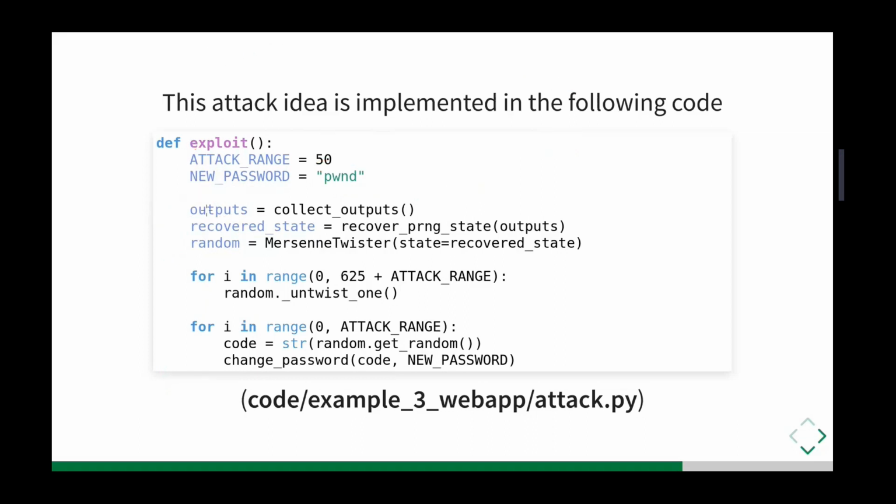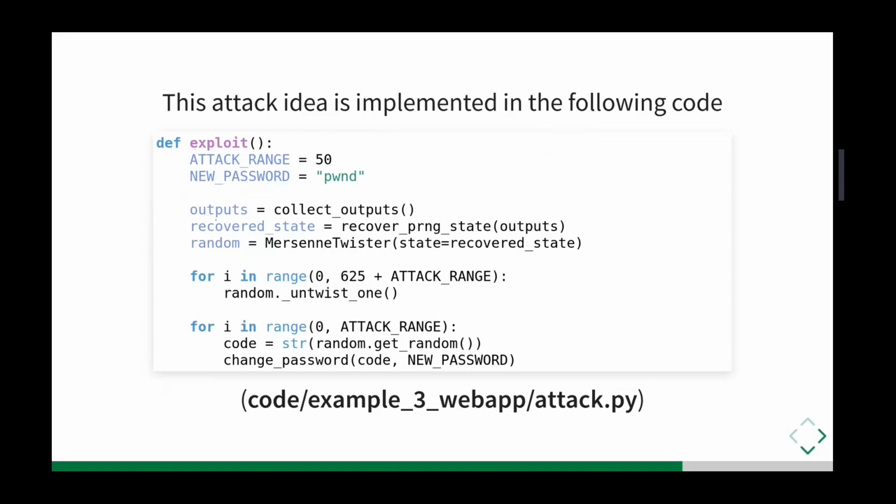PRNG state. So this function produces the state of the remote Mersenne Twister that I'm trying to attack. And it's going to be another list of numbers. It's going to be the list of the state values, essentially. So I'm going to have state values 0, state values 1, up to state values 623. Each of these state values was computed using a particular output obtained previously. Once I have this state values array, this list of state values, I can, of course, start to generate the